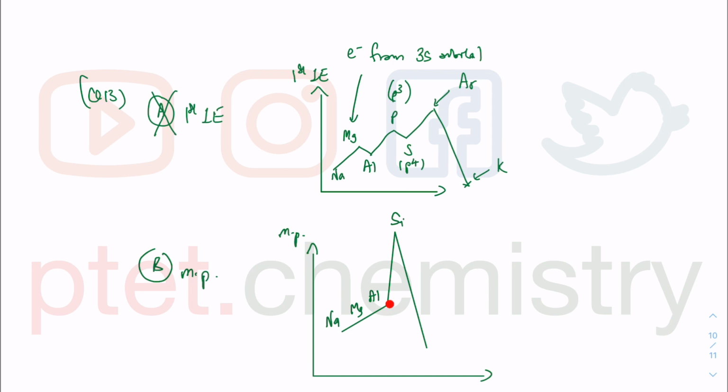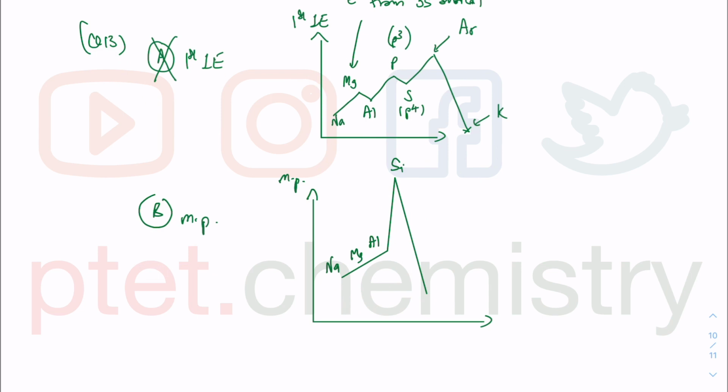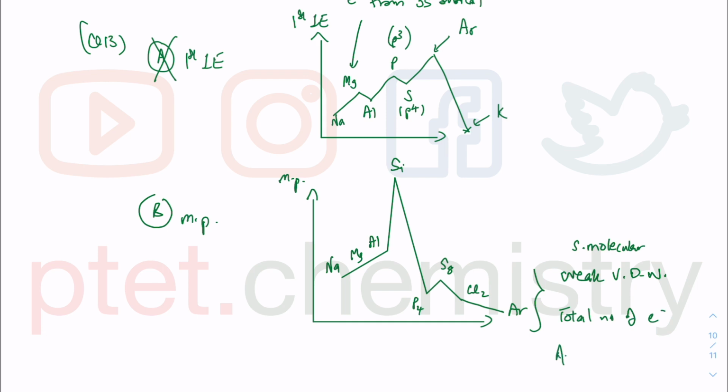as a result of stronger metallic bond. This one has a giant covalent structure, a lot of strong covalent bonds to be broken. And then what happens is it goes all the way down there to P4 being simple molecular. It goes up slightly to S8, and then Cl2, and then argon. Okay, so if you imagine this bit, these are just breaking the weak van der Waals forces because these are all simple molecular structures. So in terms of the total number of electrons in the molecule, argon will have the least compared to Cl2, compared to P4, compared to S8, and that is why there's the order of the